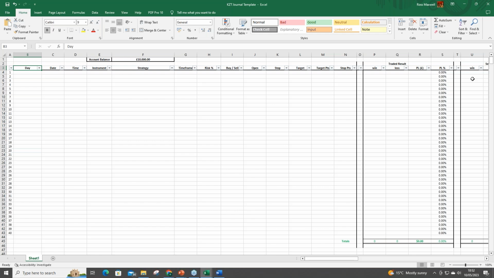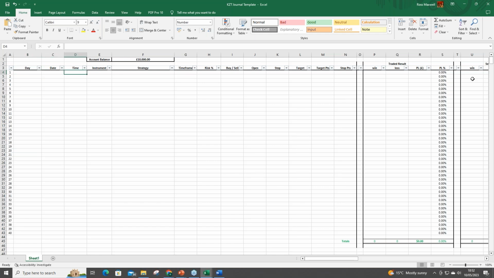I haven't necessarily found this, but I have heard some traders talk about their strategies working better on different days or different times and stuff like that. So that's another reason you can analyze your data, to see whether there are better days to trade your strategy or better days that your performance is better.